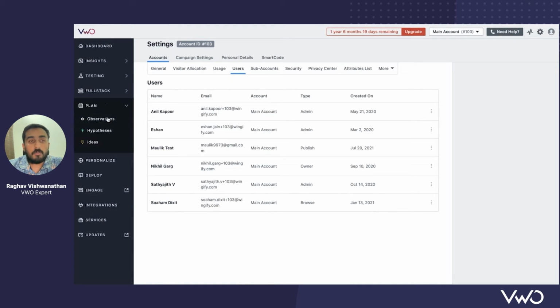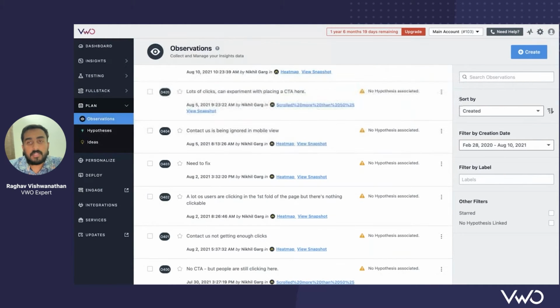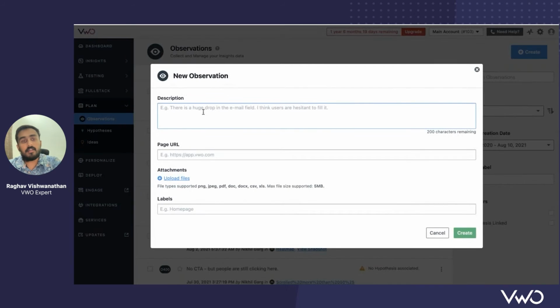Quickly moving on to VWO Plan, which is our inbuilt native project management tool. There are 2 key aspects to VWO Plan. We have observations and we have hypothesis. Observations are nothing but pretty much anything that you observe on your website, right? So these could come from different places. You could just create a particular description here to say H1